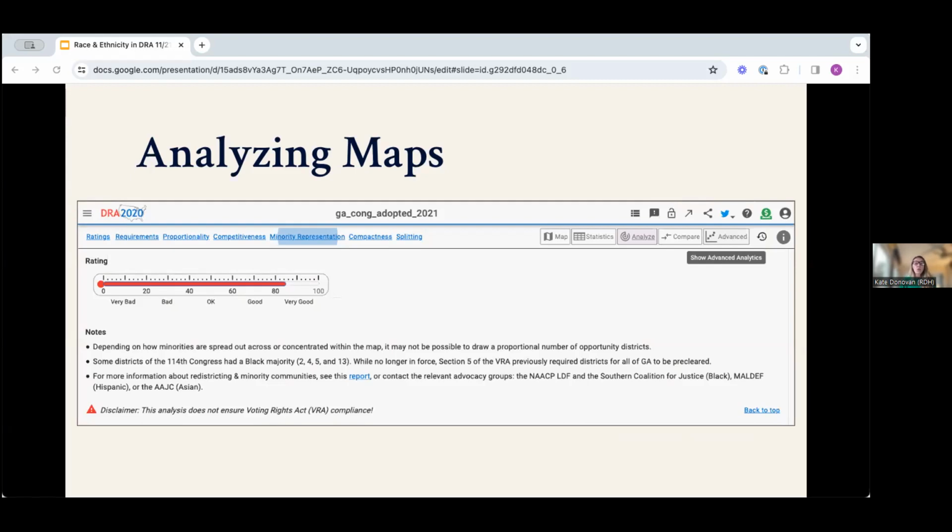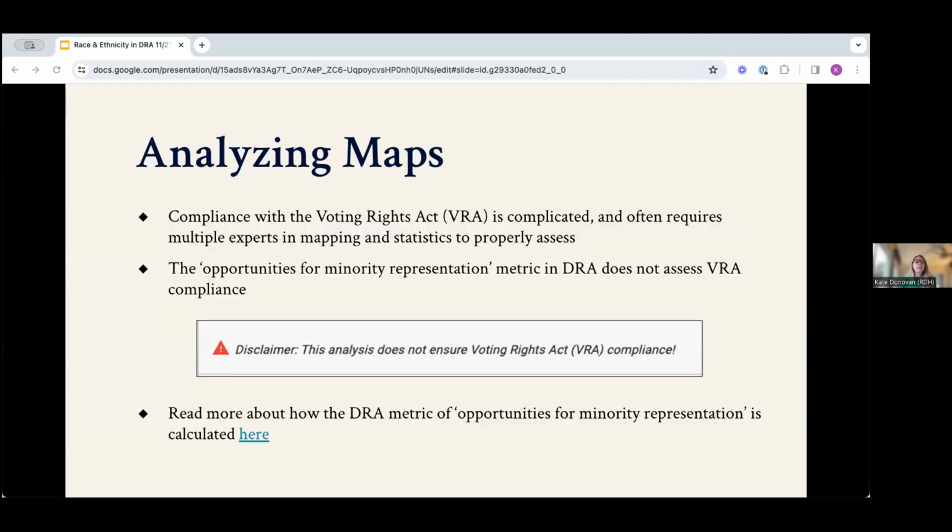As you now know, in order to generate this metric, you have to make assumptions about turnout rates and support for candidates within groups. So that's one good reason to view this metric as informational, but far from the final word on compliance with the Voting Rights Act. Another is that when maps are litigated under Section 2 of the Voting Rights Act, it's fairly common to have a number of experts involved. Mapping experts, experts in statistics, historians, demographers, all sorts of folks with deep backgrounds and extensive training to demonstrate that vote dilution has occurred and a remedy is possible.